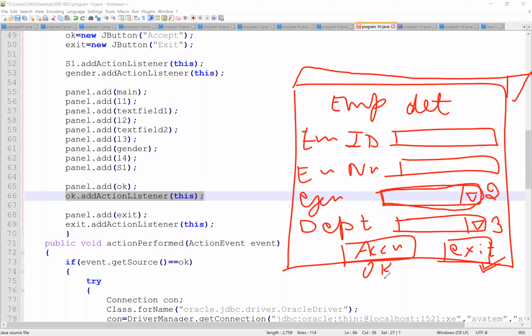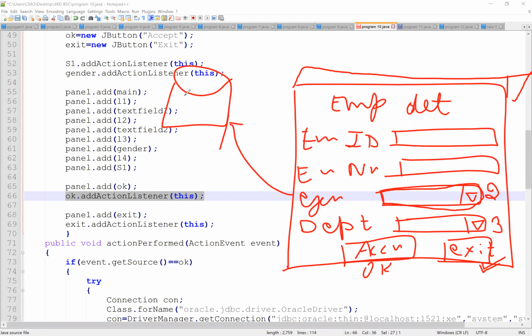What happens if you click OK? Now you need to update all these things to your database if you click accept or OK. Now we will see how to put all these details to your database.